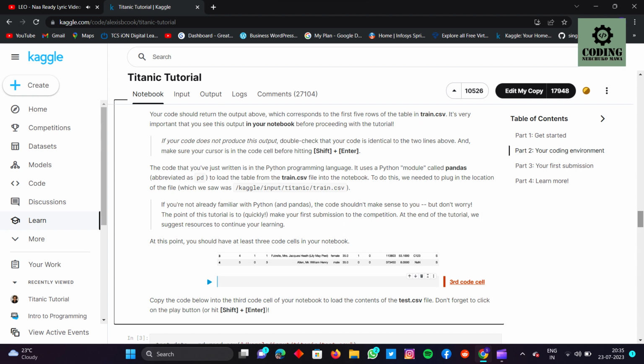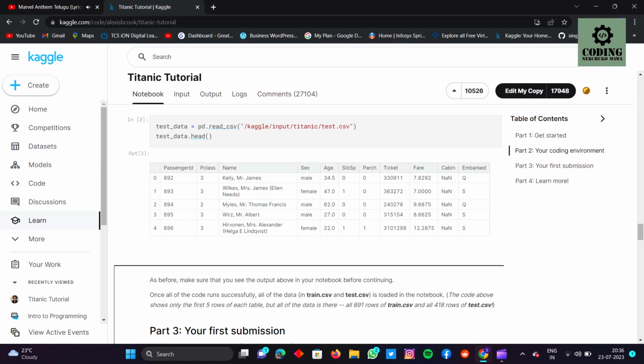At this point, you should have at least 3 code cells in your notebook. Copy the code below into the third code cell of your notebook to load the contents of the test.csv file. Don't forget to click on the play button, or hit Shift plus Enter. test_data = pd.read_csv("/kaggle/input/titanic/test.csv")